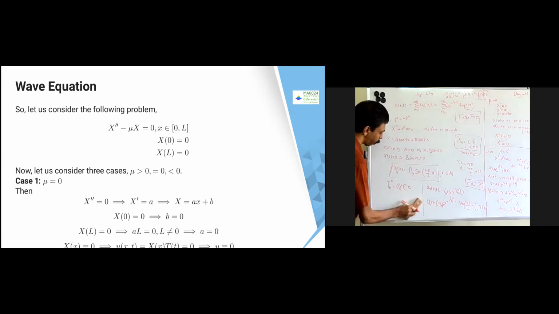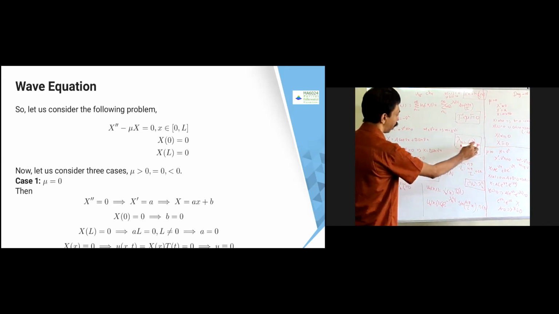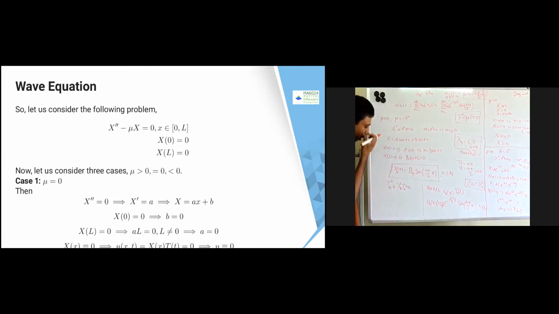So in this case, what is Tn? Let me write this as Tn double dash equals minus lambda n square Tn, where lambda n is the same as this one, c n pi by a. So then what is Tn? What is the solution of this one? Sine. So this is going to become sine lambda n t plus cos lambda n t, with some constants, let's say a n and b n.